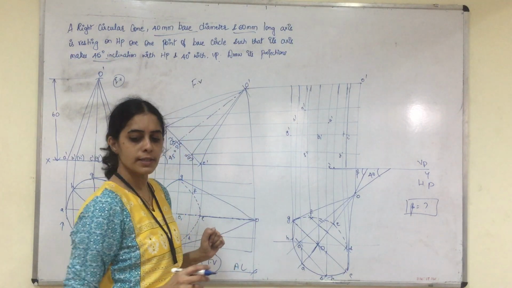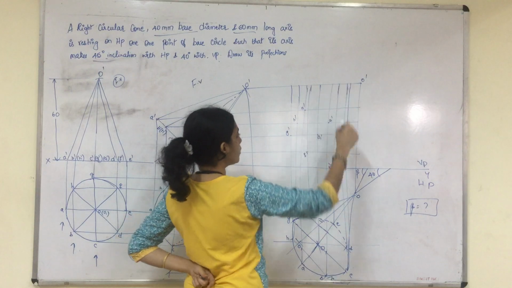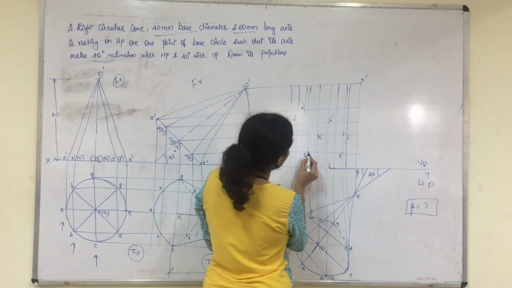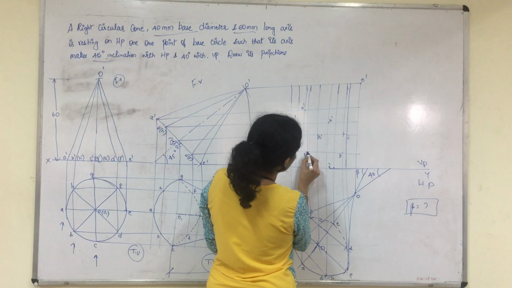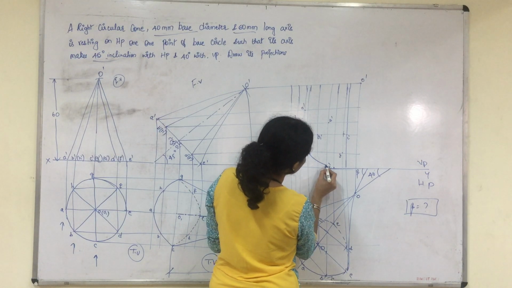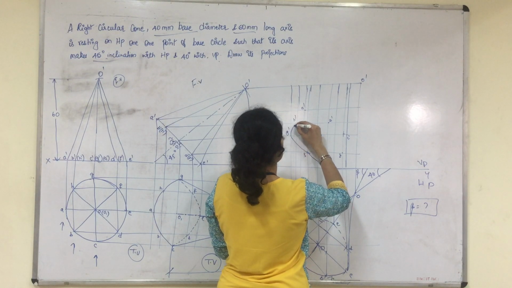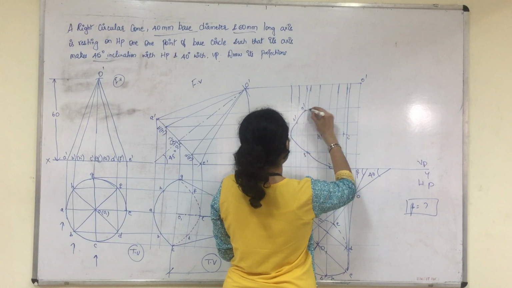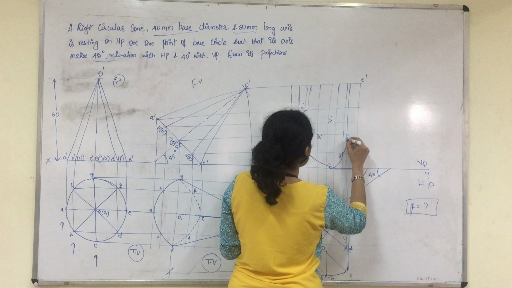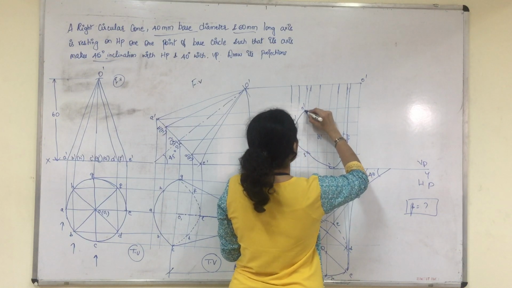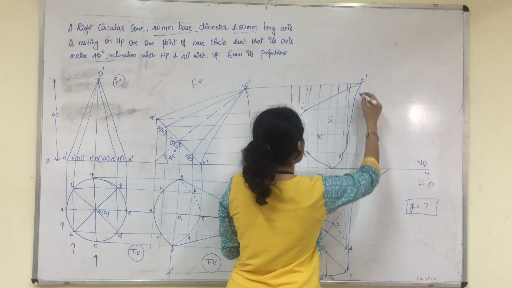So after this, now what we do is we need to take the outer boundary as visible. So this is a base circle. So from F dash, you will join from F dash to E dash, F dash to G dash, G dash to H dash, H dash to A dash, E dash to D dash, D dash to C dash, right? And A dash to O dash and O dash to C dash.